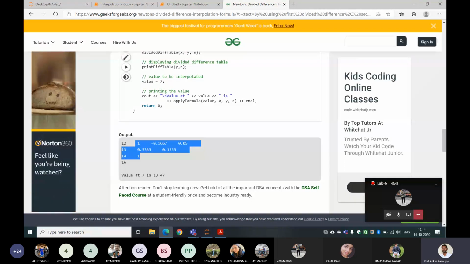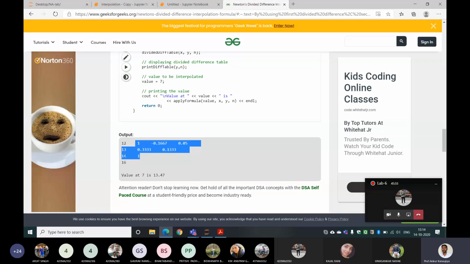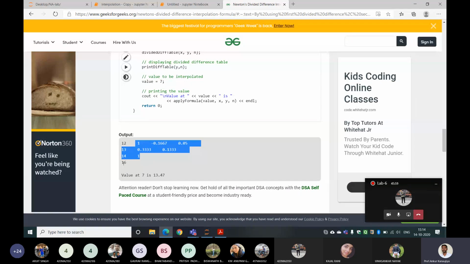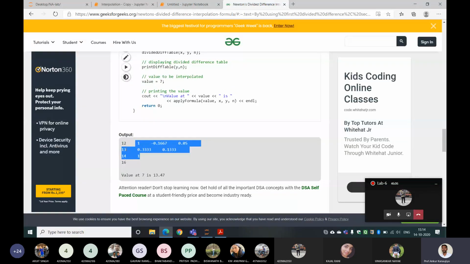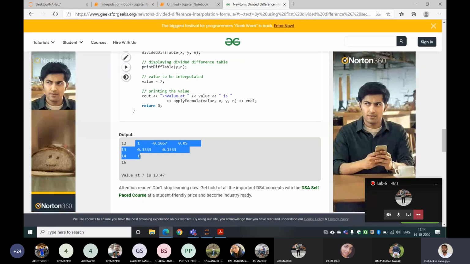First you have to store 12, 13, 14, 16 in one column. Only one column is sufficient. Then in the same column, once you get this value 1, you have to keep it in place of 13. Then this value will come in place of 14. 14 is gone. Then this 1 will come in place of 16. Then you will get a new column. So what will be the entries of this new column? 12. What will be the second entry? 1. Third entry 0.33. And the last entry will become 1. Is that clear?